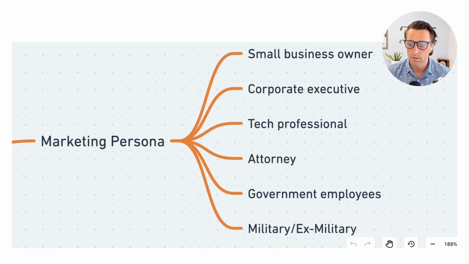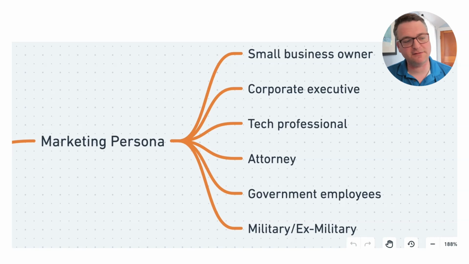So just a note of encouragement: you don't have to go extremely deep on these. Just aim for 2 to 4 personas. We've got a few listed up here as examples. And even if you're not niching down into those groups, let's say you're just really focused on trying to enhance your client service, right?